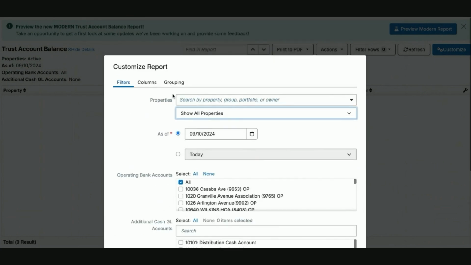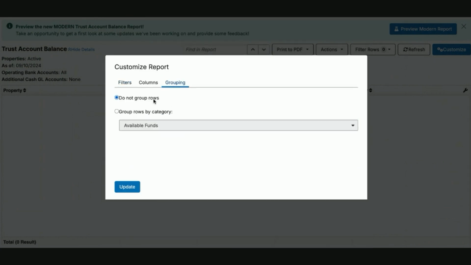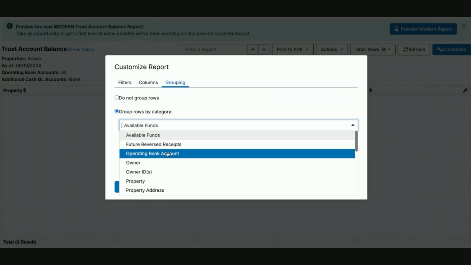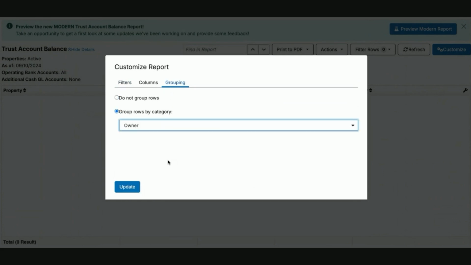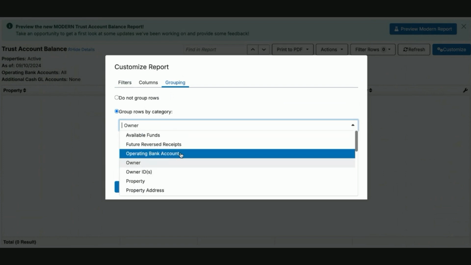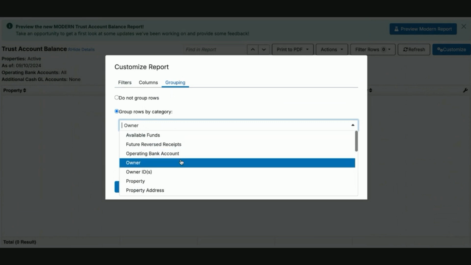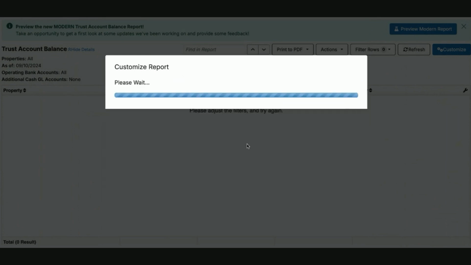Another useful trick with this is if you want to group by specific property owner to make sure they have funds to contribute if there's a negative property balance, you can do so. You can also, if you want to see the health of a specific trust account, if you have multiple trust accounts, run it by each specific bank. In this case, we'll run it by owner, hit update,